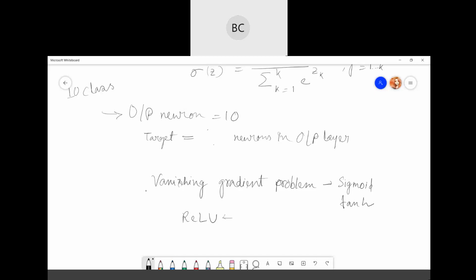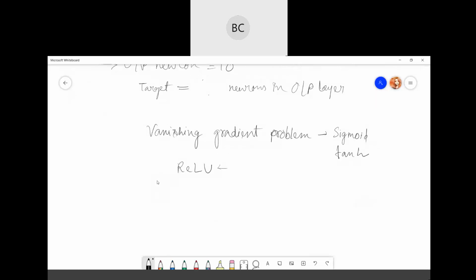In that case, you can use leaky ReLU. So if you encounter any case of dead neurons, just go for leaky ReLU, which will be the best choice. Anyway, ReLU is one of the general ones you can use. But remember, ReLU should always be used in the hidden layers, not in the output, only for hidden layers.